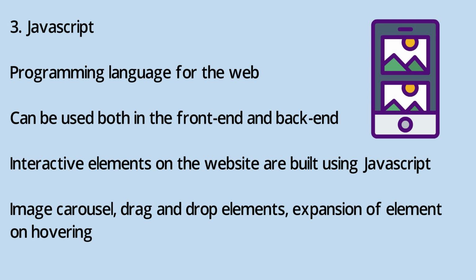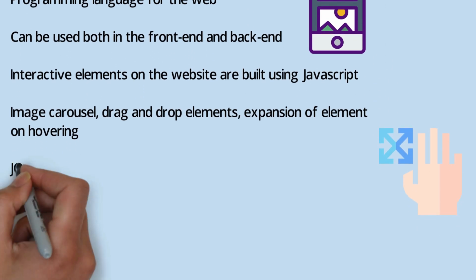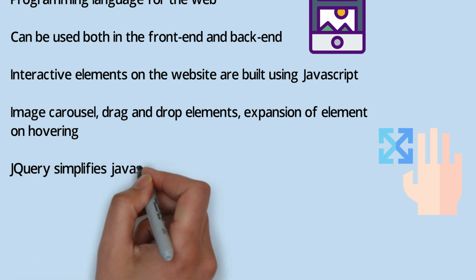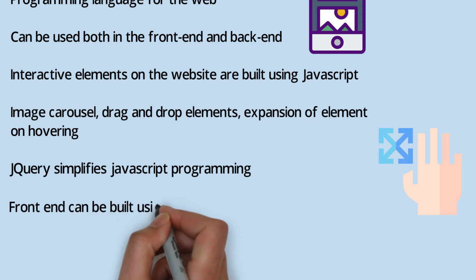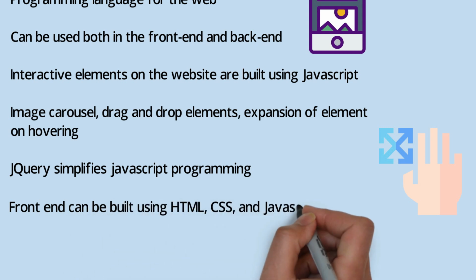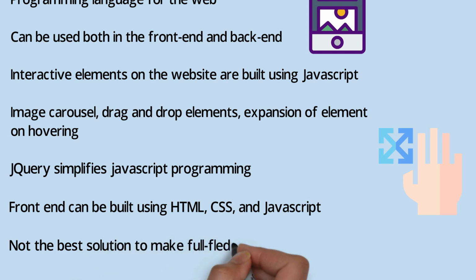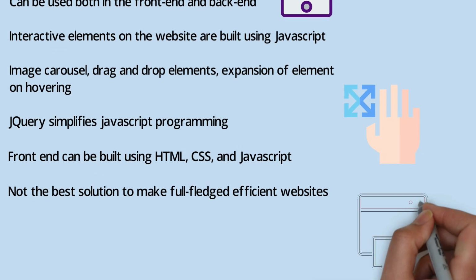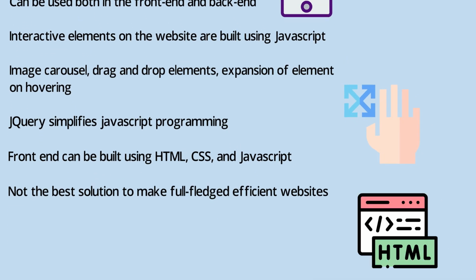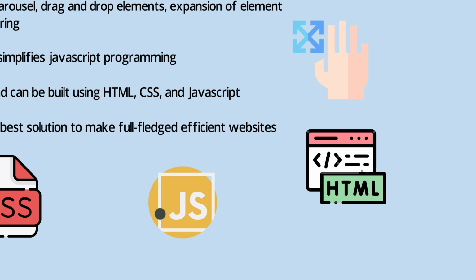jQuery, a library of JavaScript, simplifies JavaScript programming with easier to write codes connecting events with the actions. Now, the front end of many websites is in fact built on just HTML, CSS and JavaScript. You can build the front end of literally any website with just these three languages and nothing else, but the efficiency of the code and speed of the website is another matter where the frameworks of JavaScript come in. Moreover, the companies today are moving to Angular and React.